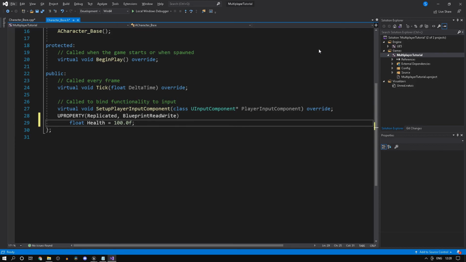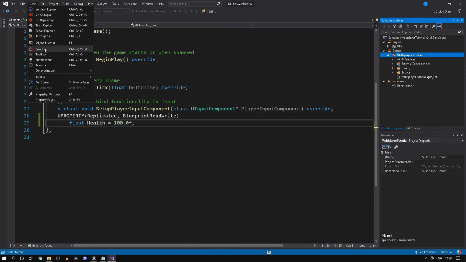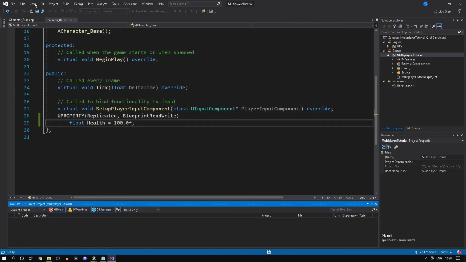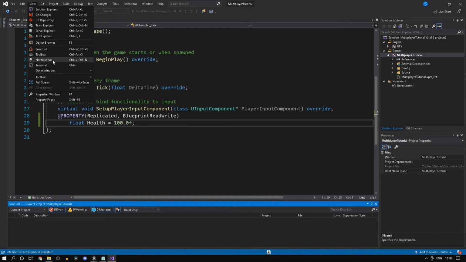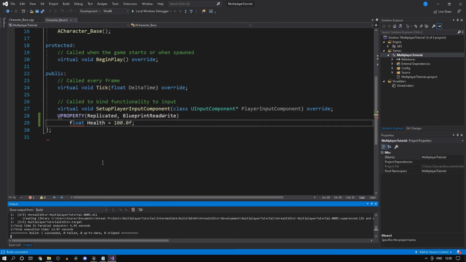Let's go ahead and right click, build, and let's get our error list as well as our output window. So other windows, output, yeah.